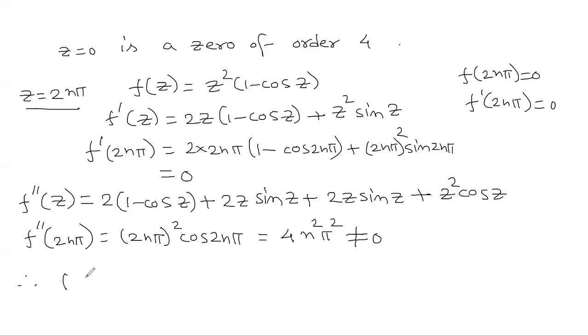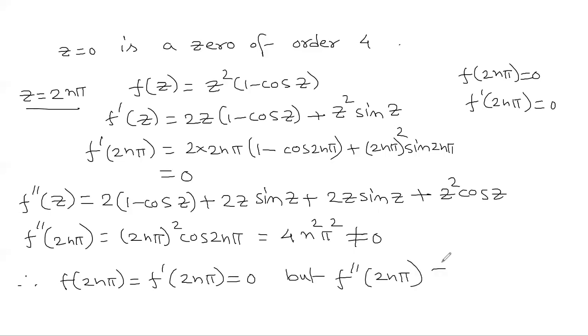So we get f of 2n pi equal to 0 equal to f dash of 2n pi, but f double dash of 2n pi is not equal to 0 for n equal to plus minus 1, plus minus 2, etc. So our conclusion is 2n pi for n equal to plus minus 1, plus minus 2, etc. are 0 of